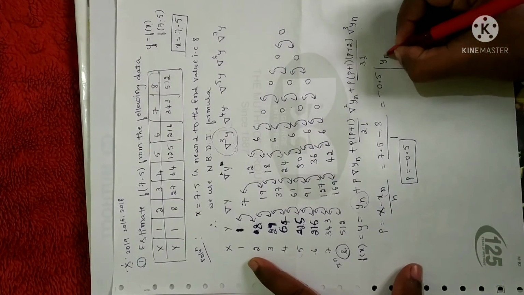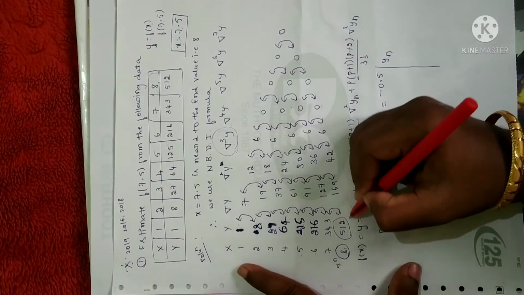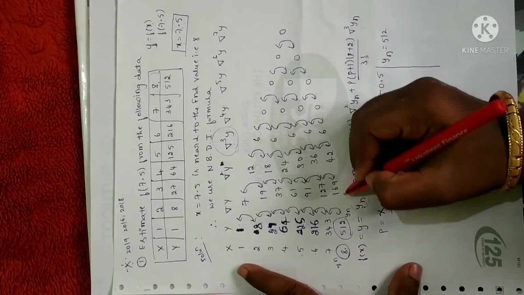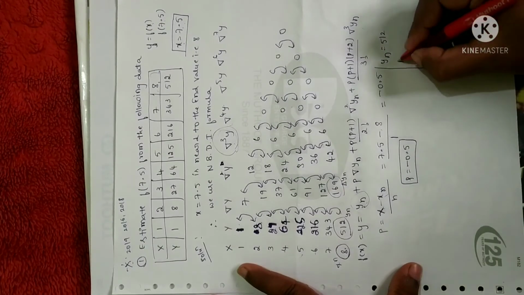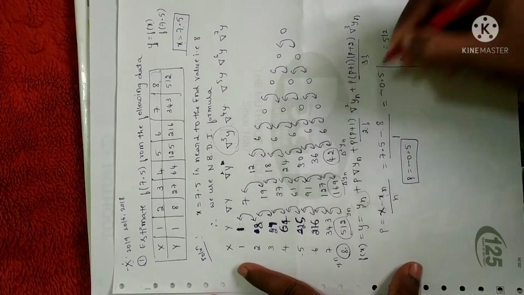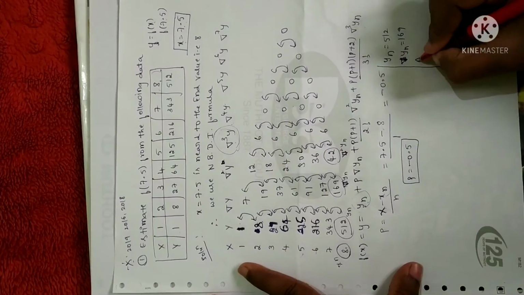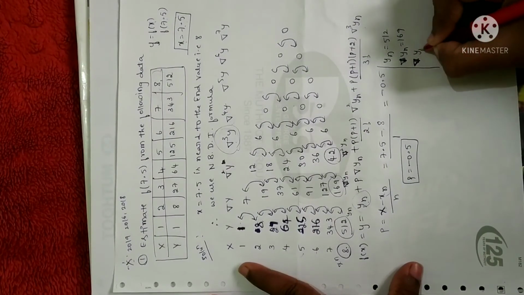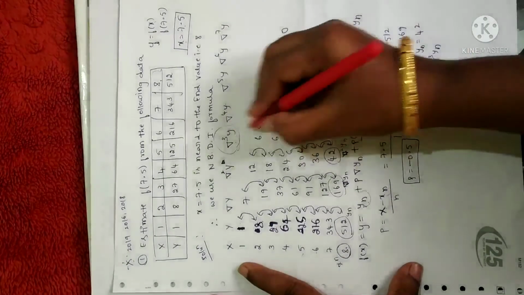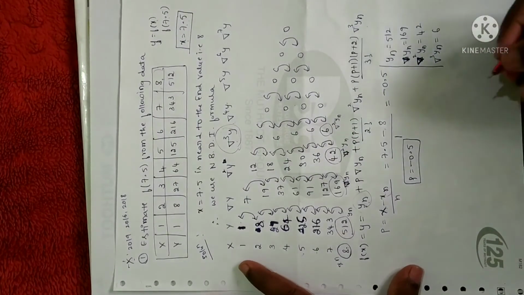Yn is none other than the last value in y. Y naught in the forward difference is the first value in the table, and yn is the last value. So this is the yn value. Yn is 512. Similarly, delta yn will be the last value in delta y, so delta yn is 169. Similarly, reverse delta square yn is the last value. The reverse delta operator also matters. Reverse delta square yn is 42. Reverse delta cube yn is 6. So once you make a list, it is easy to calculate.